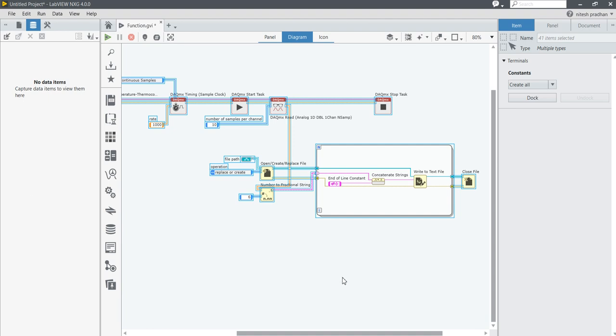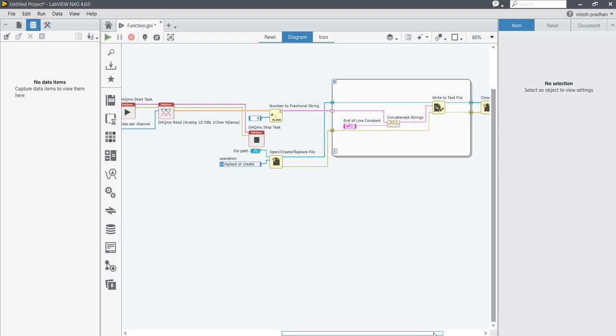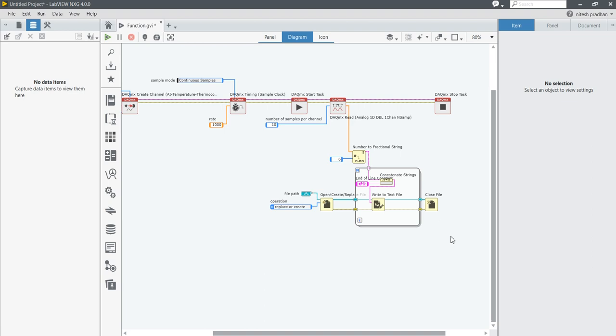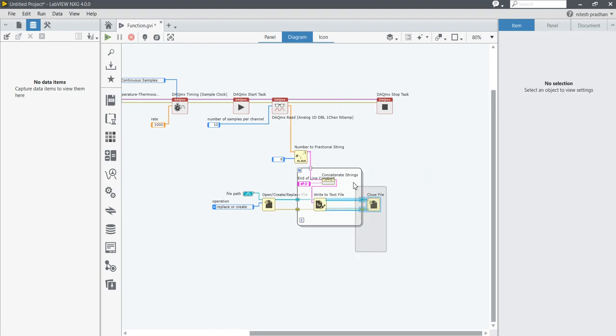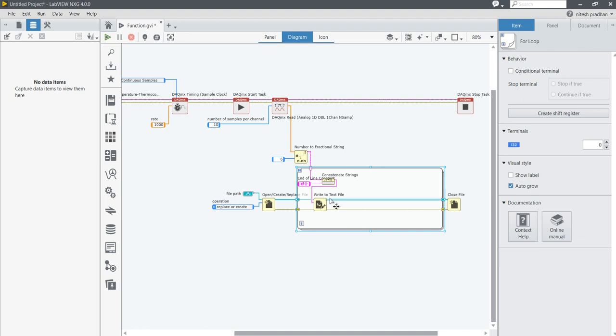So now you can see my program looks like this. That is not looking very cool, so here I am going to increase the size of my For Loop.